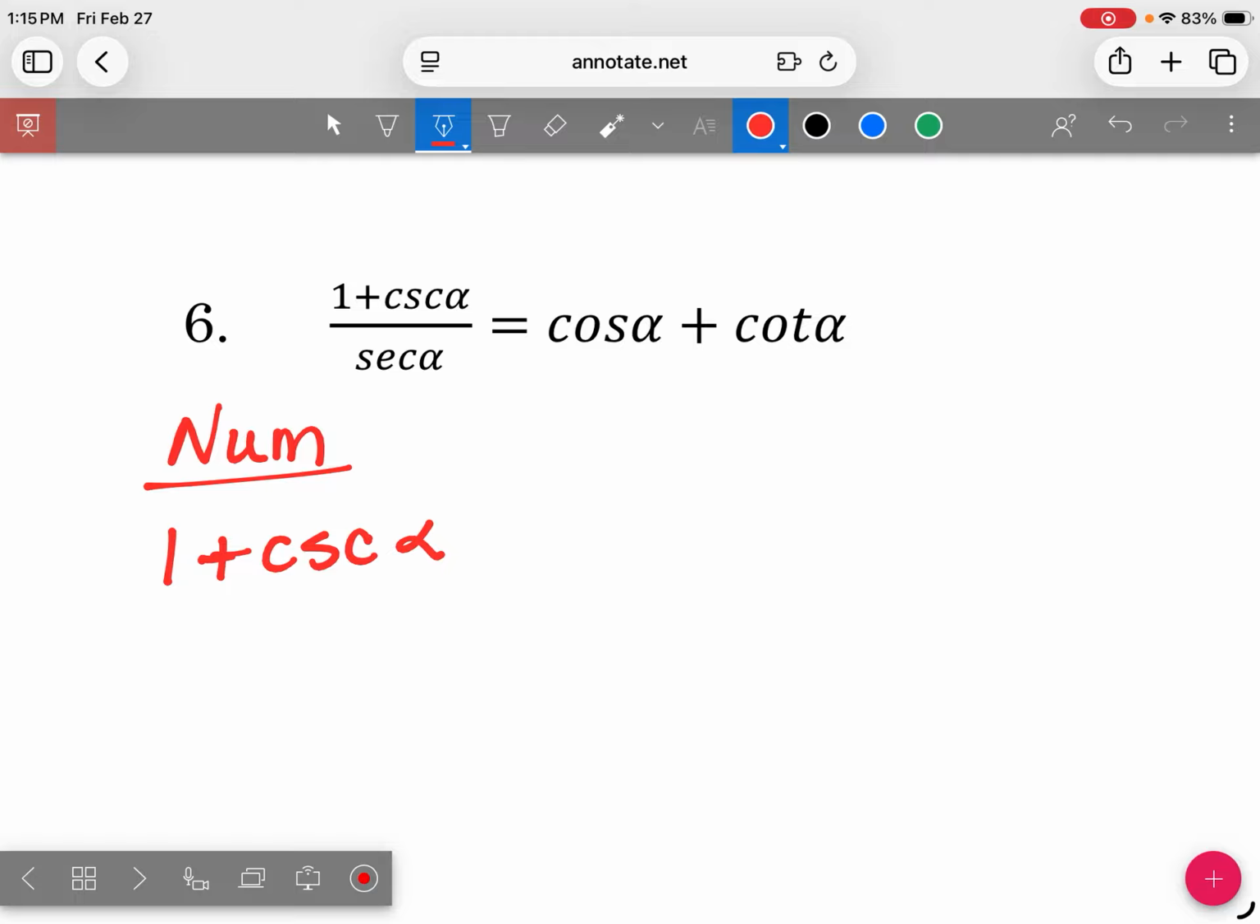You can't get to this. This is 1 over 2. You don't change the side. You only work with one side. The cosecant is 1 over sine. Okay, so